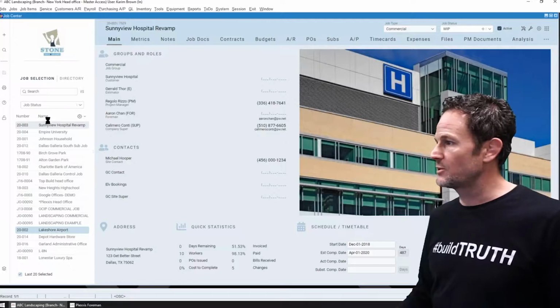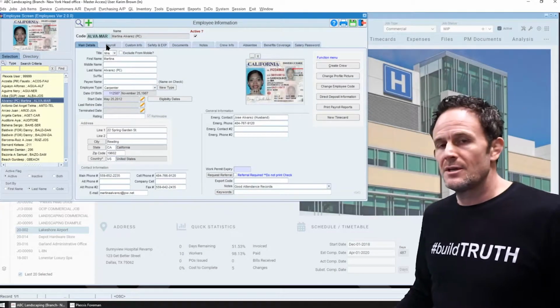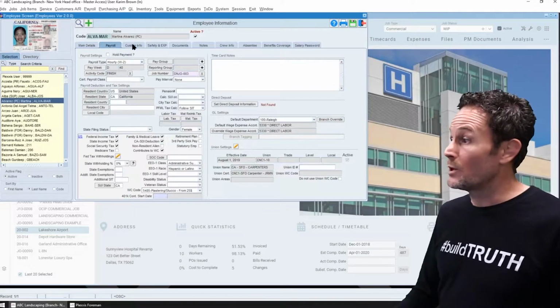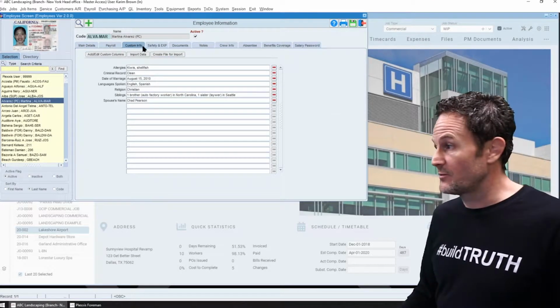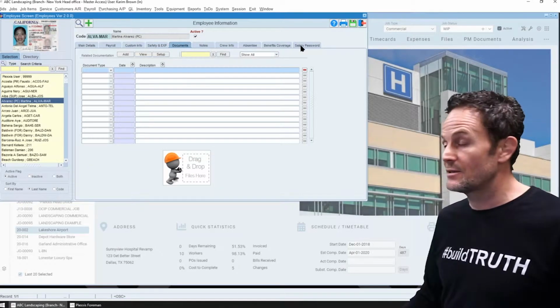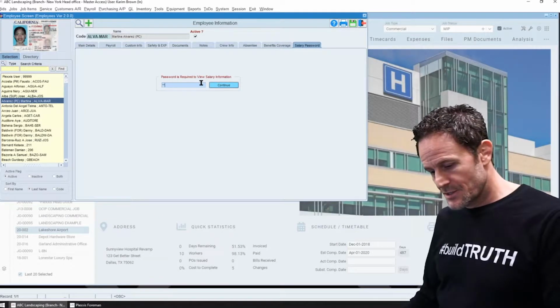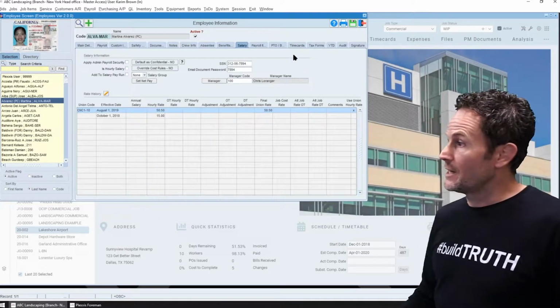So I'm going to pick an employee here, and as you can see, we have everything you need on employees and subcontractors in one spot, including the setup information you need to automate payroll, garnishments, and even HR benefits enrollments. So I'll open up this menu just so you can see a little bit more. Now, remember,